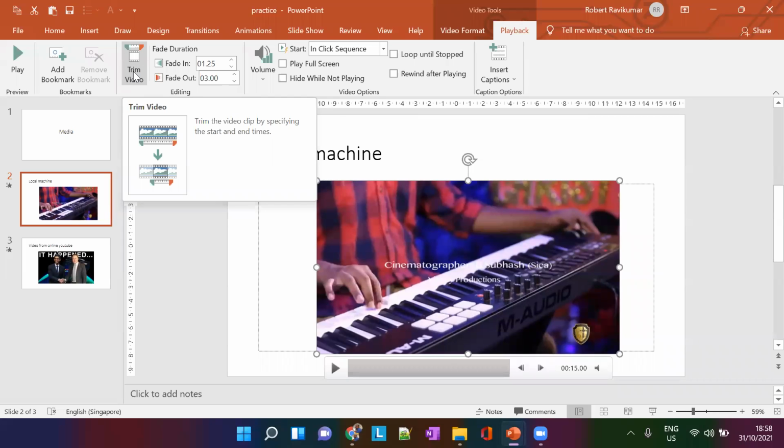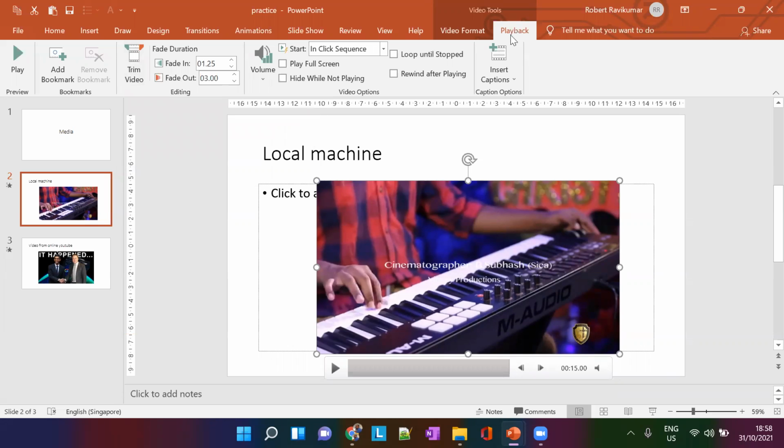You have added the video and you don't see it in your machine. Yeah, the trim video I can see, sir. But on my laptop, which option inside can get this? Insert or slideshow? Which tab?